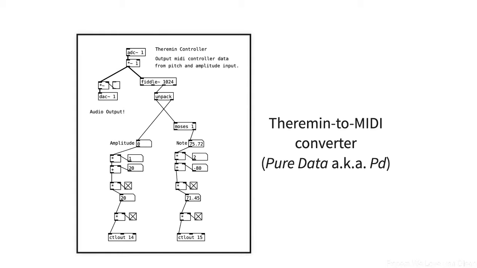Here we have a somewhat more sophisticated program written in Pure Data, or PD, a Dataflow-ish programming language used primarily for audio DSP. What this program does is take input theoretically from a theremin. It's basically, it will take any monophonic input. The theremin is that spooky science fiction instrument that goes like woo, woo. And it quantizes the pitch and amplitude from the theremin or monophonic input and converts those values to a stream of MIDI messages. I say that PD is Dataflow-ish because despite the name Pure Data, it is not a pure